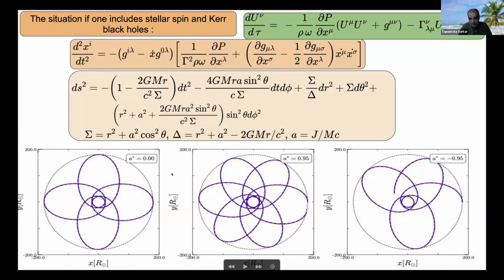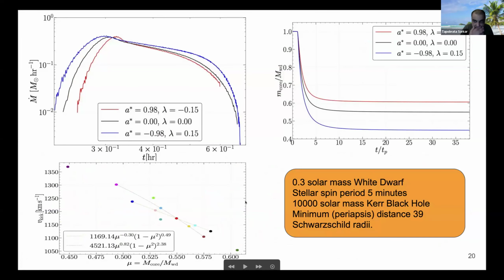And you can see immediately that when you have a Kerr black hole, you have a lot of interesting features. This is a Schwarzschild black hole, which shows the usual precession of the perihelion. And now for the Kerr black hole, the frame dragging effect, you see it has made it almost twice as fast. So the Kerr black hole is a much more interesting thing to look at. And we do this in the presence of a rotating star.